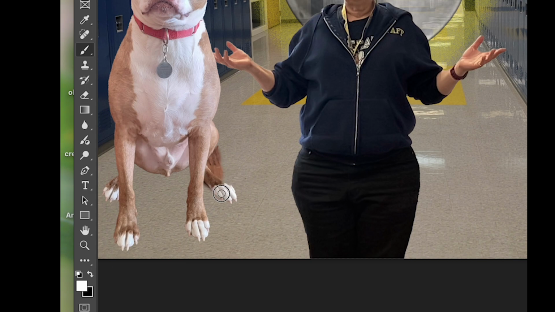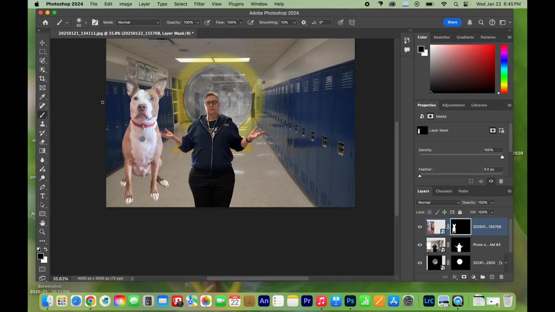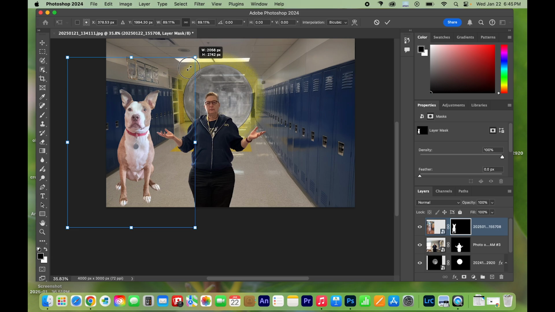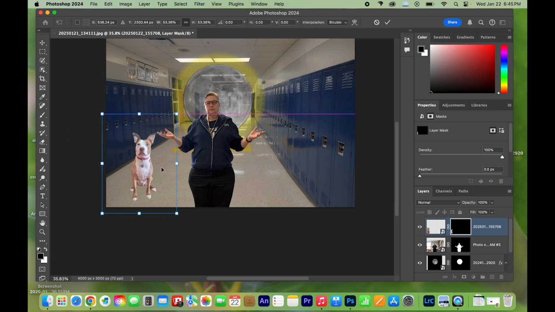Okay, and it looks like I've gotten some of the floor, which I didn't need. So switch this to black, because black hides, right? And I'm just going to paint right on that section with black, and that adds to the mask. There we go. Now, he's really big for that spot, so we're going to say Edit, Free Transform, and I'm going to shrink him a bit, right? And that looks good. I'm going to set him right here